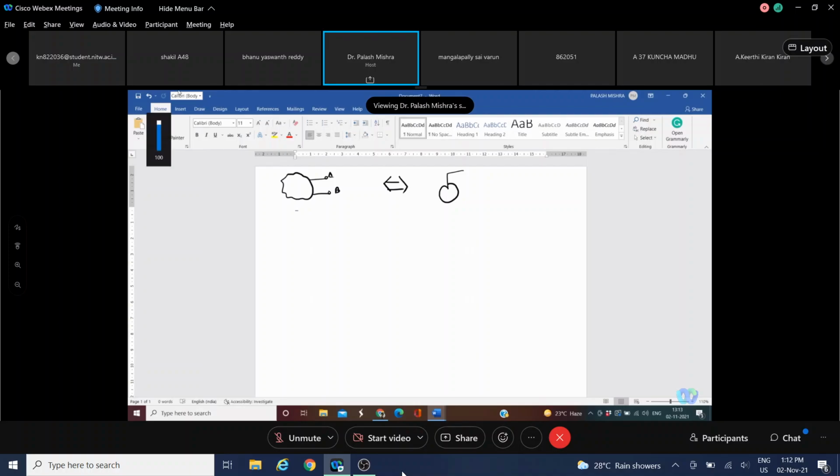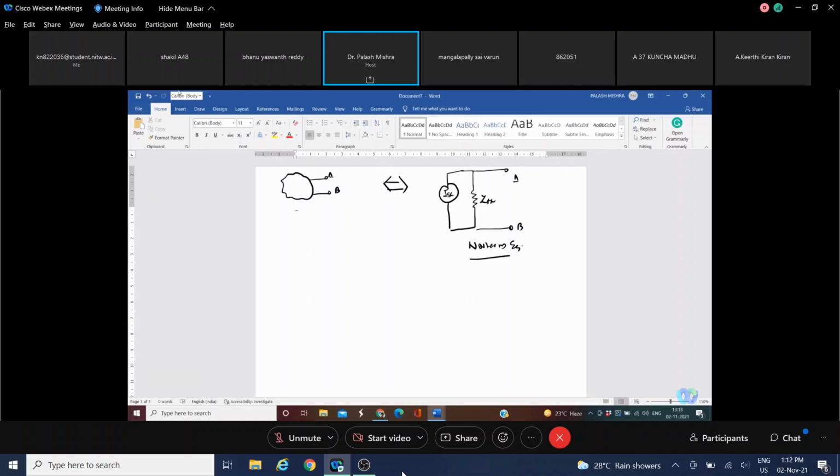I'm speaking a little bit slow today because my throat is really infected, so I'm not able to speak too loudly. So you can represent the Norton equivalent circuit as I short circuit in parallel with ZTH, and then you can connect whatever the element is there between A and B. So this is the Norton's equivalent.